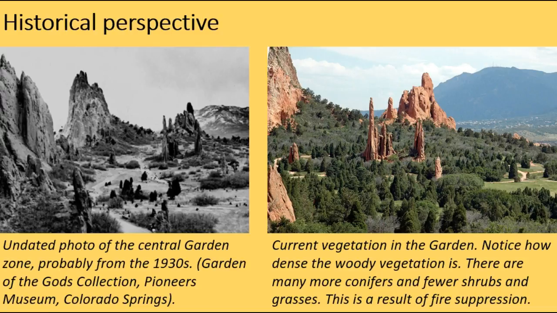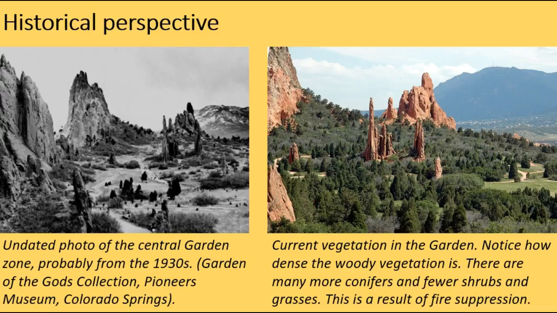But we suppress fire to protect our modern homes. As a result, the woody vegetation has increased, and this obviously is going to cause changes for the species composition and the